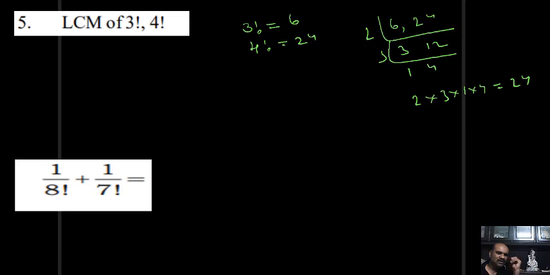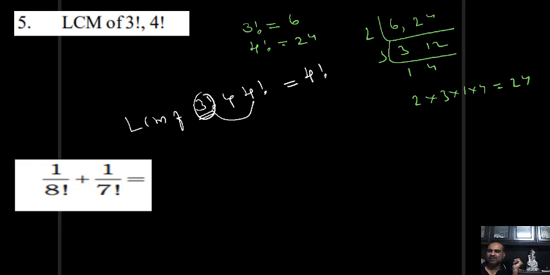Actually, what is the logic here that we should identify? 3! and 4!, you want to find the LCM. Directly, every term of 3! will be in 4!. Just like 4! is a multiple of 3!. So I can say that 4! is the LCM of these two. Means if A! and B! are given, and A! is entirely in B!, then you can say that the LCM is only B!. Okay.